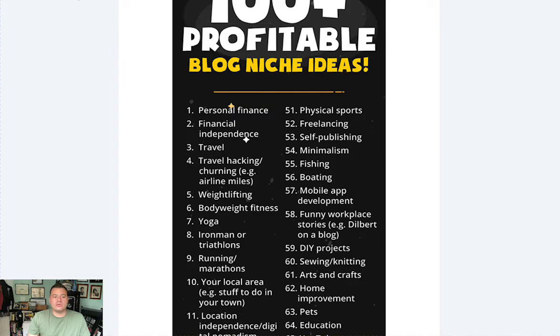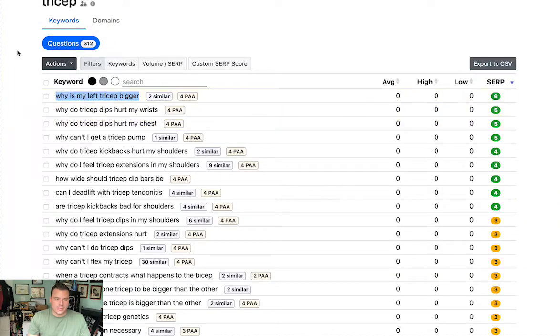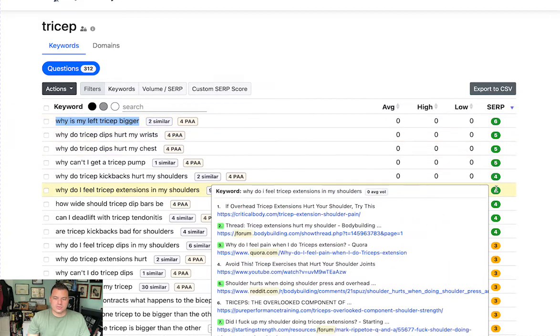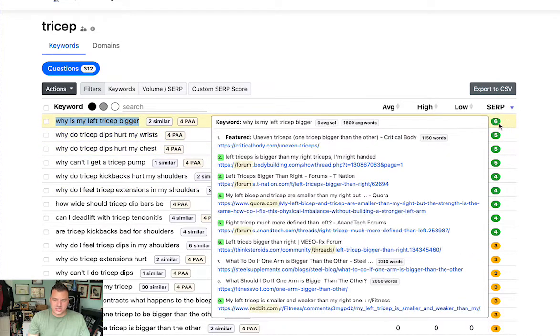So I'm going to go within Keyword Chef, which is another popular tool that I use. And as you can see, I typed in tricep already and searched it. And this gives you different keywords that you could possibly rank for. And on the side, there's a SERP score, and the higher the score, the more of a chance you have to rank. So as you can see, this one is 6, and the reasoning as to why you can rank ahead of other people is because most of the results are forums. So you see Quora, you see Reddit,